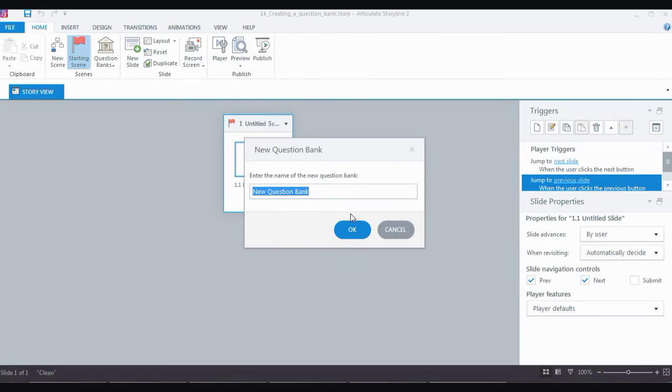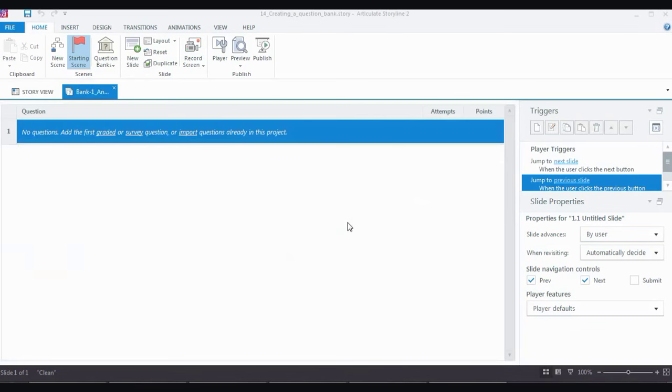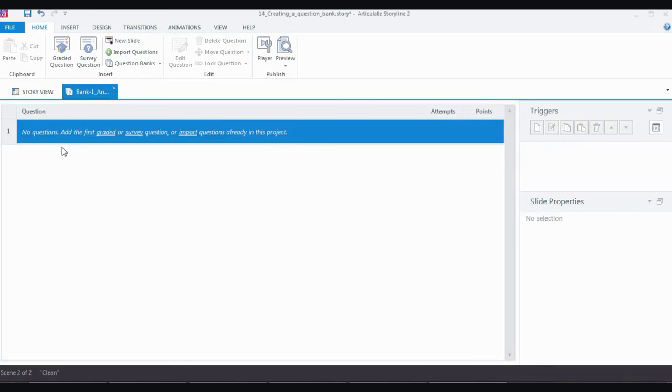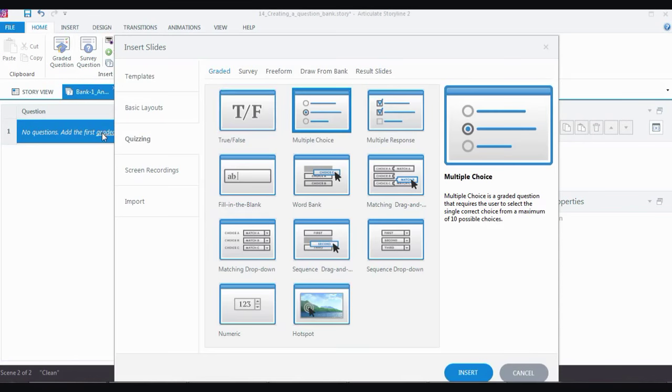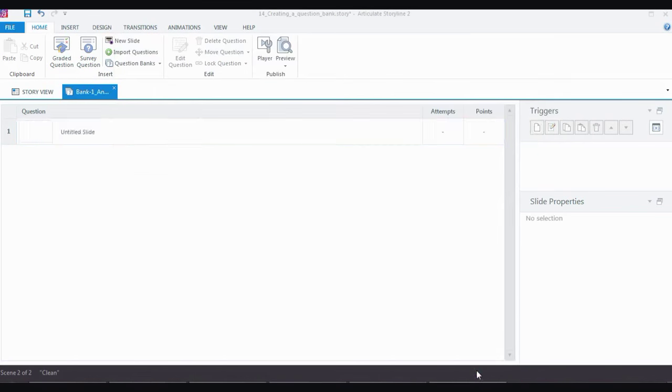We get a pop-up window where we need to enter the name of the bank. So let's name it bank 1 animals. In this bank I want to add some questions related to animals, so I have named it bank 1 animals. Okay, now the moment I click OK, I have the option to click create graded survey questions, or if I already have questions created, I can import them. I don't have any questions, so I click the graded ones,